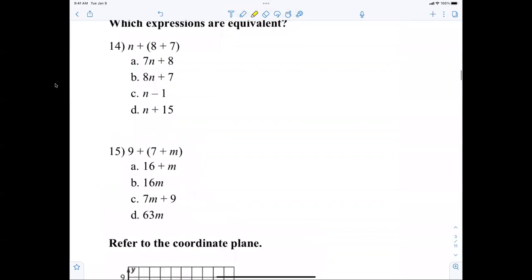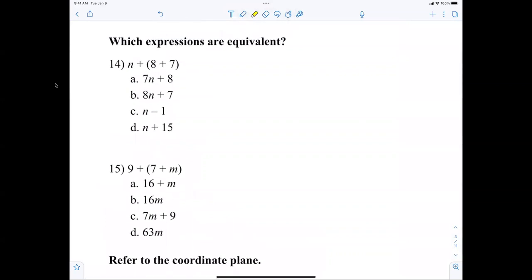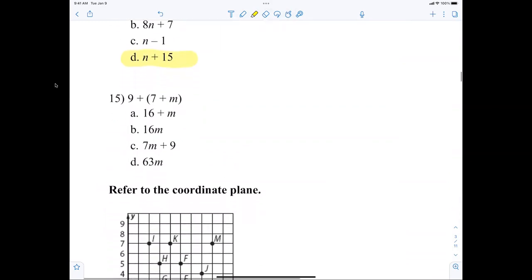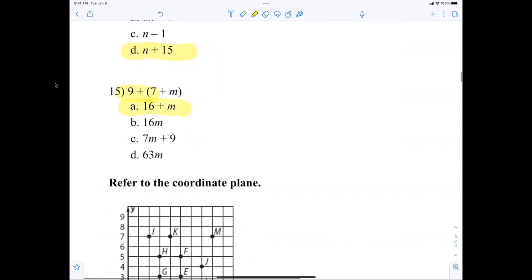Again, equivalent expressions means you're just adding things that are alike. 7 and 8 makes 15. So n plus 15. All right. In this case, you're adding the 9 and the 7. So that's A. Thank you. Now,